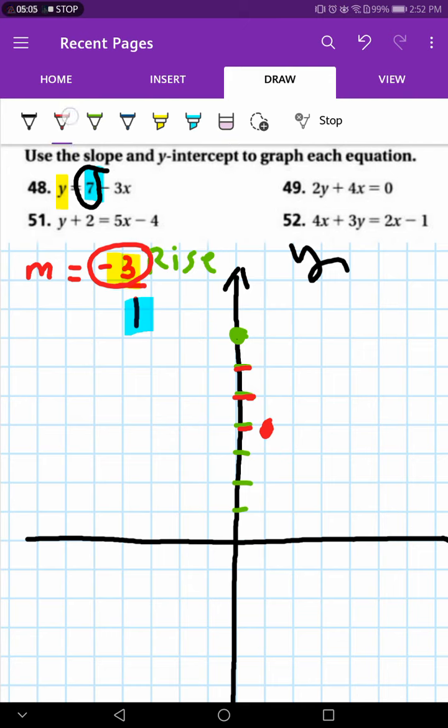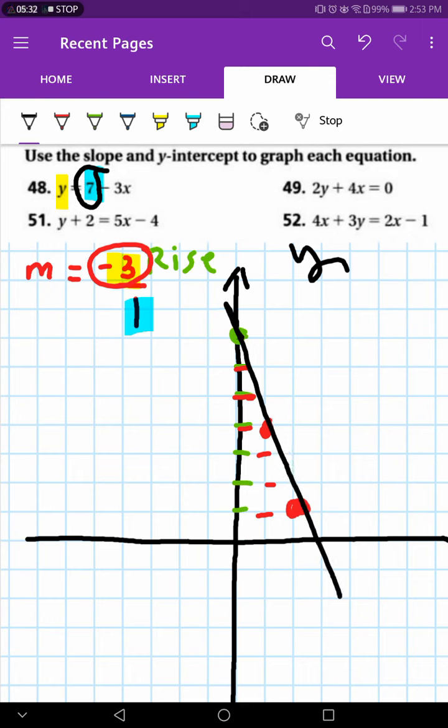I can move down 1, 2, 3 and move one step to the right, so the third point will be here. Actually I need only 2 points to graph any straight line. After that you connect